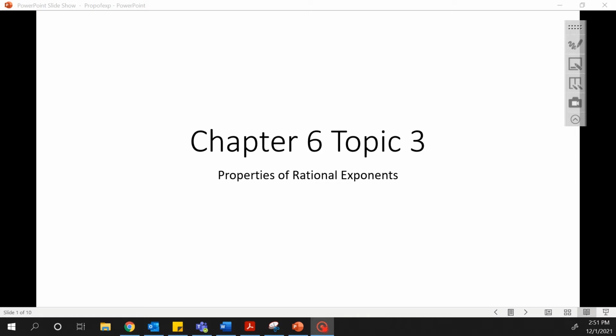Today we're going to be looking at the properties of exponents, but we're going to be considering rational exponents as well, meaning that we have fractional exponents too, which is a thing. You can have exponents that are not integers or whole numbers. They can be fractions or even decimals. But we're just going to look at fractions today for our